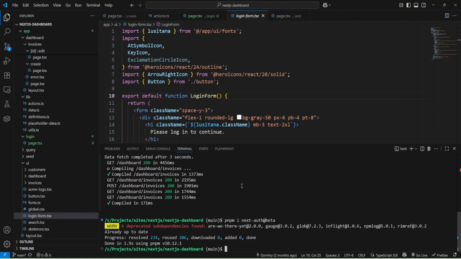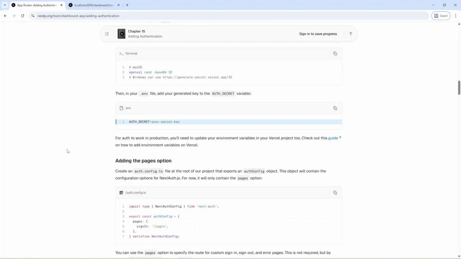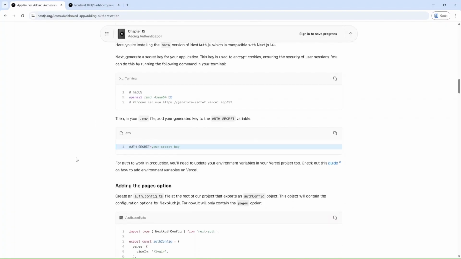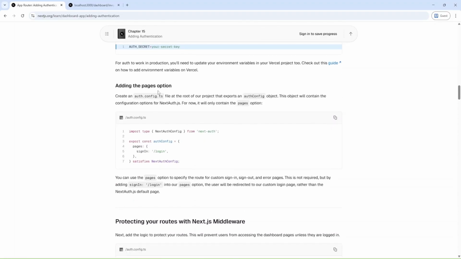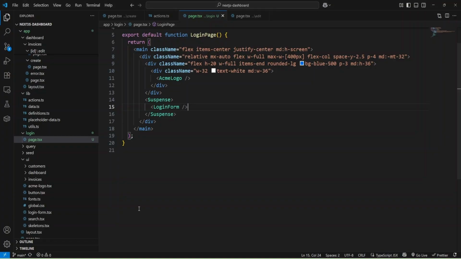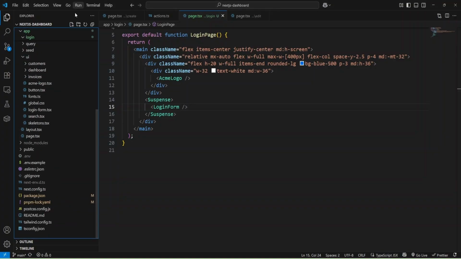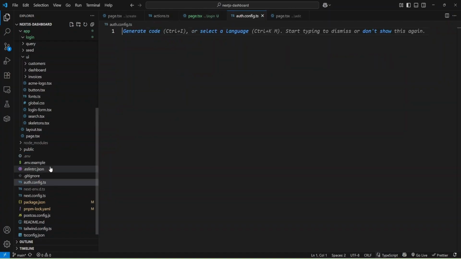Okay, and I'm not going to share it, and will stop the video and do it privately. Okay, and I added my secret to an env file and launched my dev server. And now we need to create our config file in the root, and let's just add it here.